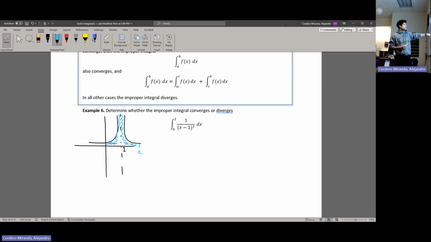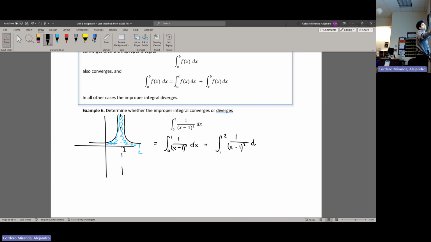So notice you're going to have to split the integral from 0 to 1, and then get another integral from 1 to 2. That's what this is saying, is split it like that. So let's do it. That would be the integral from 0 to 1 of 1 over (x minus 1) squared dx, plus the integral from 1 to 2 of that same function. Okay, and then change your problem